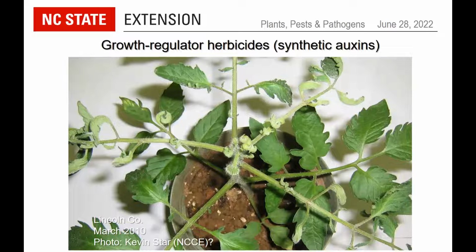One would be the growth regulator or the synthetic auxin herbicides. And these are usually, what our clue here is, some kind of a distortion. Now note that cucumber mosaic virus can cause a strap-shaped, shoestringy type distortion of leaves, but it's very uncommon in the home tomato samples that we've received. So in most cases, you see this kind of distortion. And